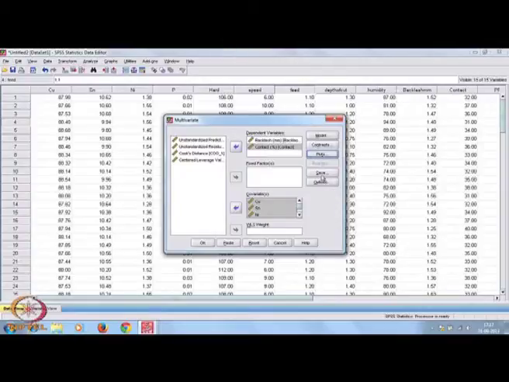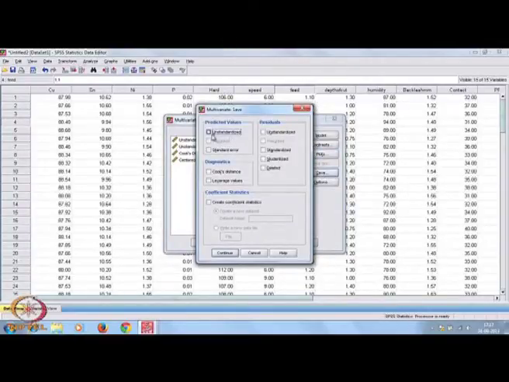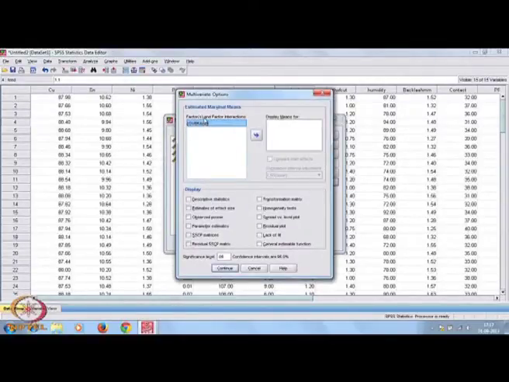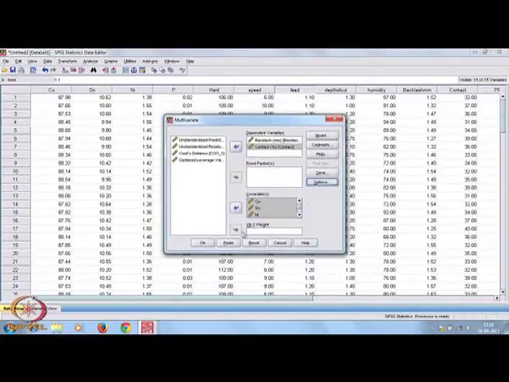Now, your save options are there. You can save unstandardized predicted values, unstandardized residuals, Cook's distance, leverage values, and you can create coefficient statistics like linear regression, everything is possible here. There are so many things. For example, I am interested to know the SSCP matrices, residual SSCP matrices, then the homogeneity test, then residual plots, okay, let it be like this. So, click.